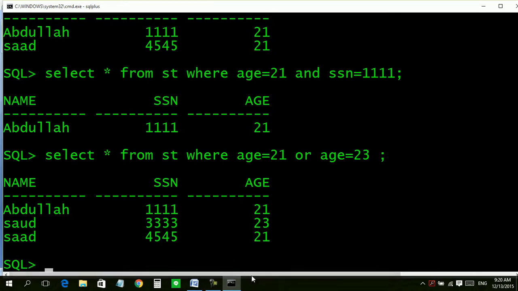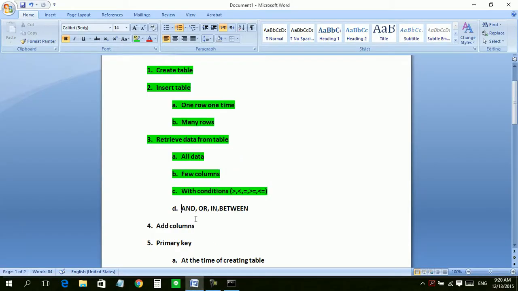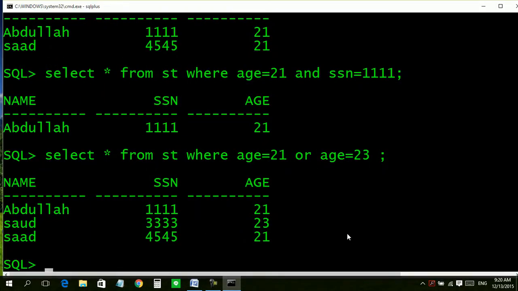Okay, and OR, then we have IN and BETWEEN. So let us see how we use the IN operator in place of OR when we have more than 2 or 3 conditions. For example, the same question can be solved as where age IN.